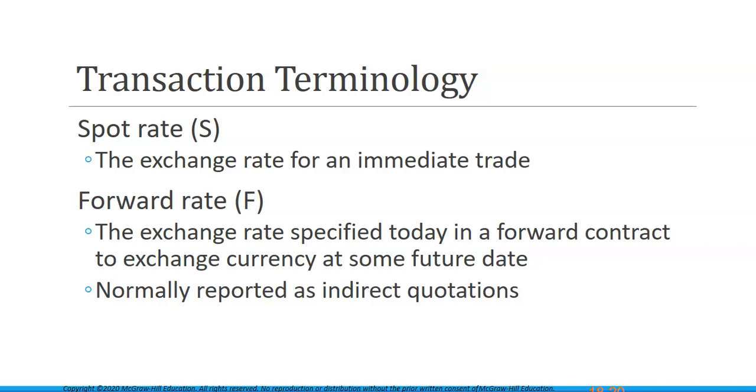So if you knew that you were going on an international trip in 6 months, you could lock in using a forward contract, or you lock in at what the 6-month forward contract rate is today, and that is the rate you're going to pay when you get the currency exchange in 6 months, instead of whatever rate that is 6 months later. It's a way to hedge against exchange rate risk. So you believe that the rate they're giving you now is going to be a better rate than what you would